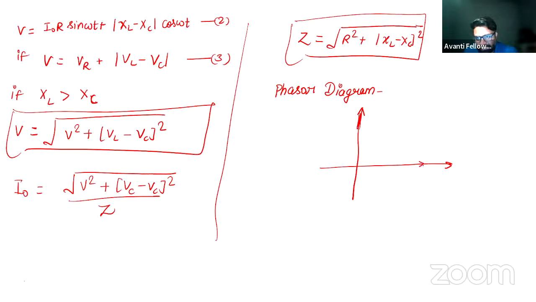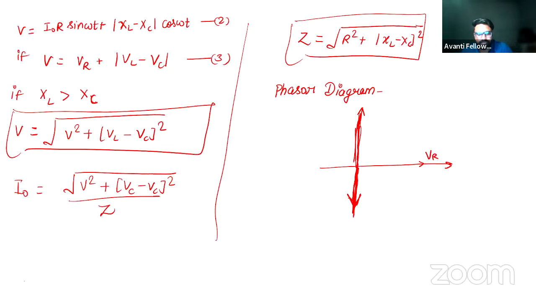Now let's say this is VR, because VR and IR will be in the same phase, so VR को हम reference phase मानते हैं, ठीक है। The voltage in inductance will be lagging by 90 degrees, we know that, ठीक है। तो inductor में क्या करती है, voltage lag करती है, क्लियर।